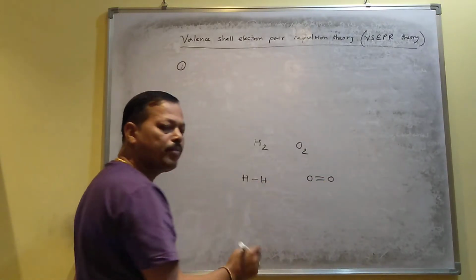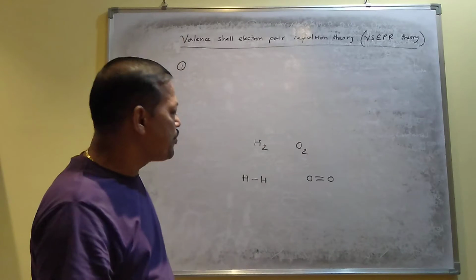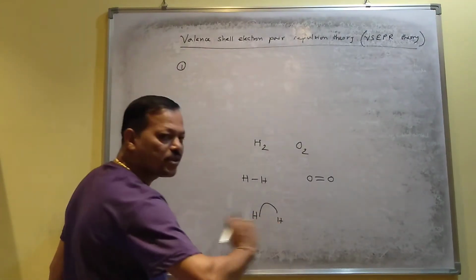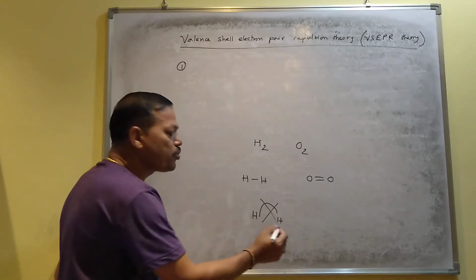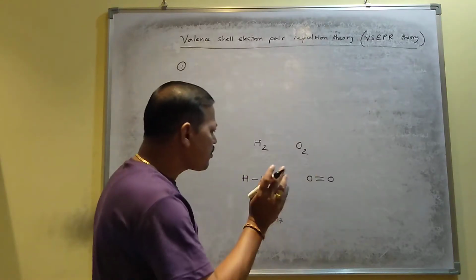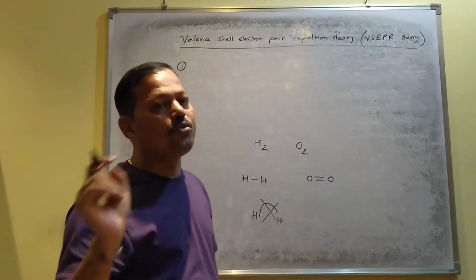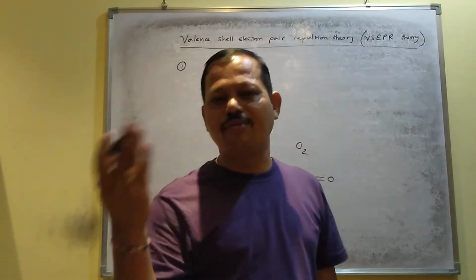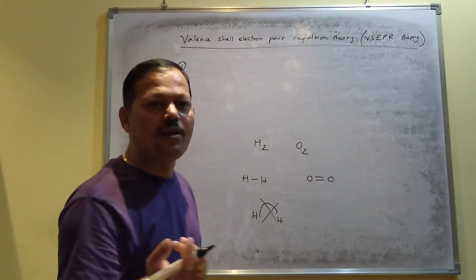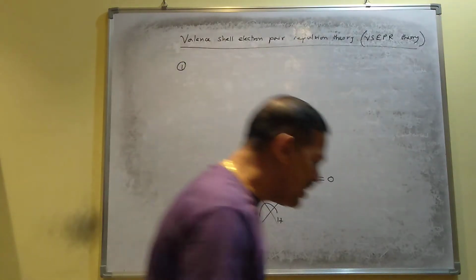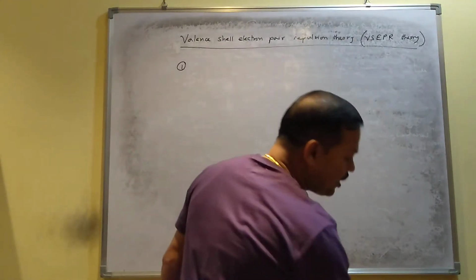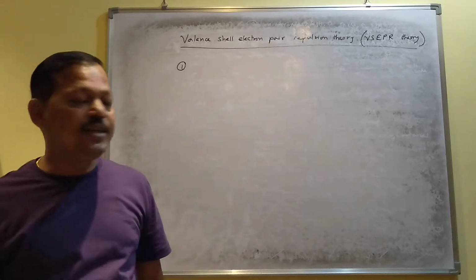Oxygen carries a double bond, but it has the linear structure like this, because when a bond is present, you cannot write it like this. A bond is always straight. So that is why there is no other possibility. So when a molecule contains only two atoms, then the shape of the molecule is always linear. Hydrogen molecule, chlorine molecule, fluorine molecule, bromine molecule. This type of molecules are called diatomic molecules, nitrogen molecule, and this type of molecule always has a linear shape. So this is the first point. When a molecule contains two atoms, then the shape of the molecule will always be linear.